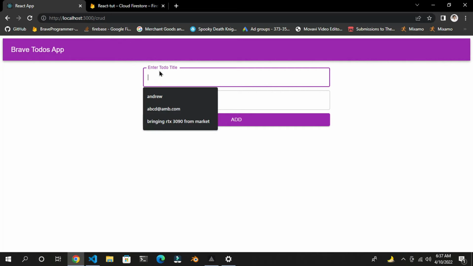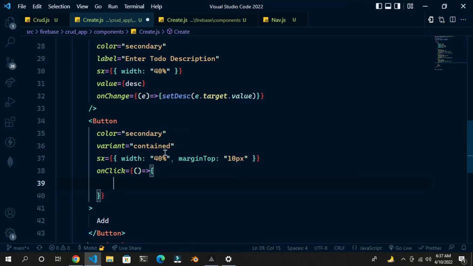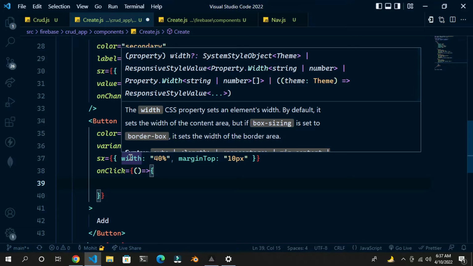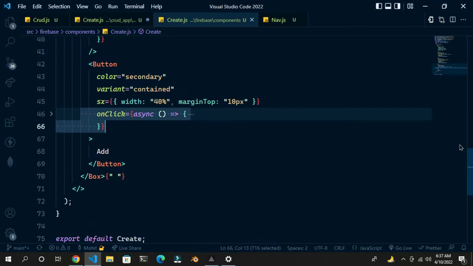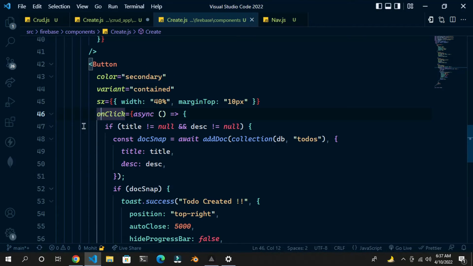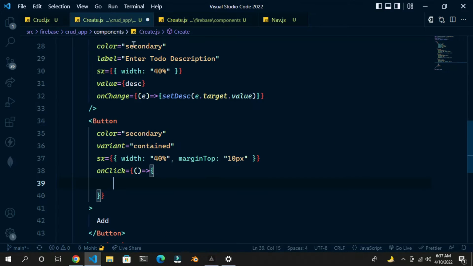First of all, what I need to do is I need to store this. So that is done with doc, addDoc. So first I need to check whether the title,